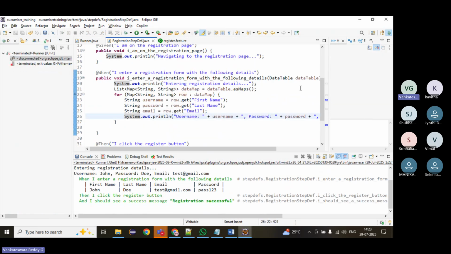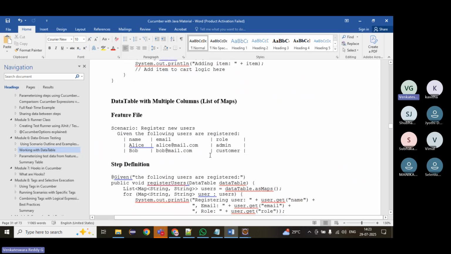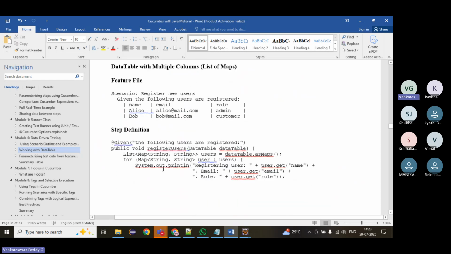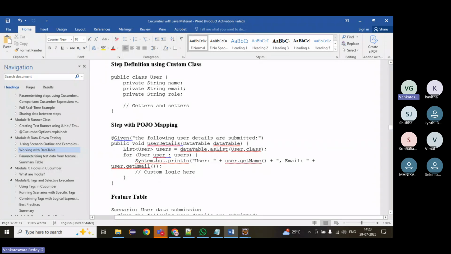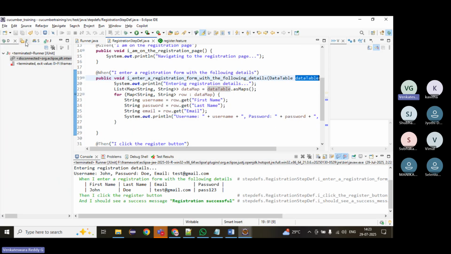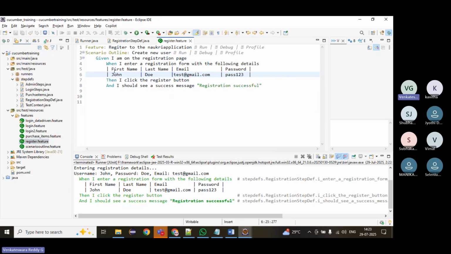This is one more way we can read data from the data table. There is one more way. We can also create our own object. Own object, that means what? Instead of a map, I want to create my own. Suppose I want to create a registration object or user object. I want to populate this data into some class. Then what we can do,